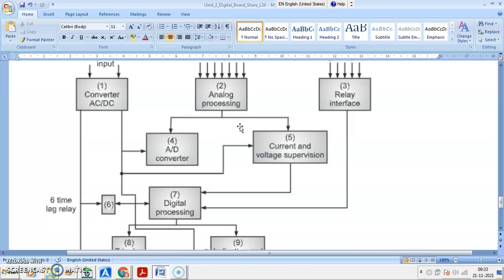Okay, then you may have relay interface with external digital signals. Then you are having the analog to digital converters, the current voltage supervision, and digital processing like comparison, level detecting and all. Then once it is detected, tripping. Okay, and indication, then you may have output, that is whether the relay is tripped, yes or no, those indicating signals.